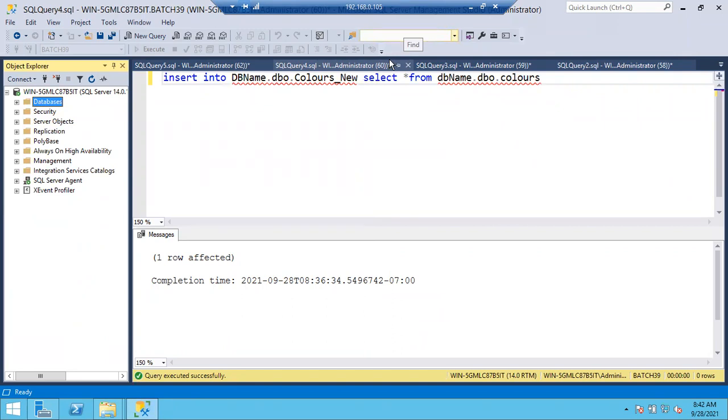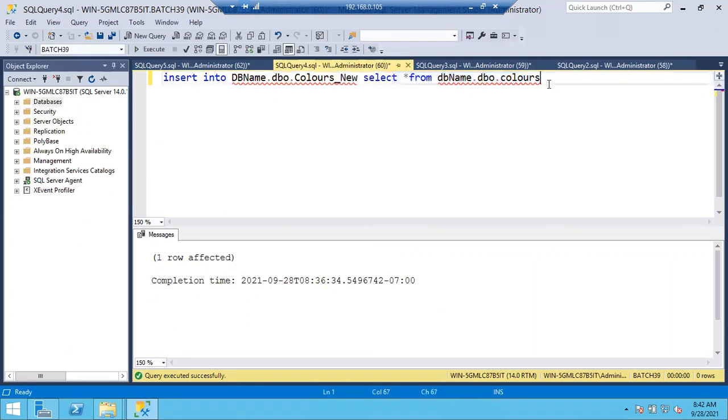Clear, guys? Fine, everyone? For a single table restore, you can follow this query. What is the problem with this query? You have to create the destination table manually. Or else you can use the import export method. Either you can use that method or this method. Without creating the table, there is also one query. No need to create the table manually. There is a different query. I'll tell you tomorrow. It will create the destination table also.